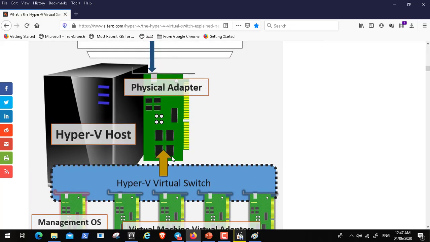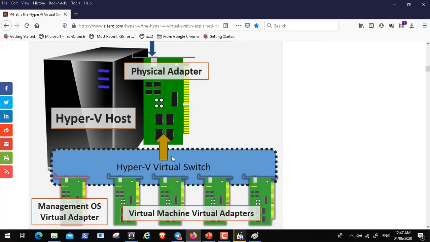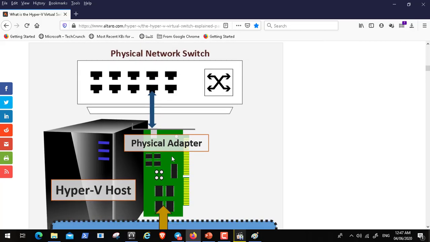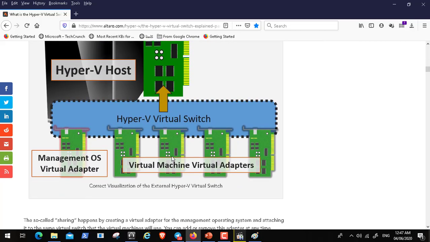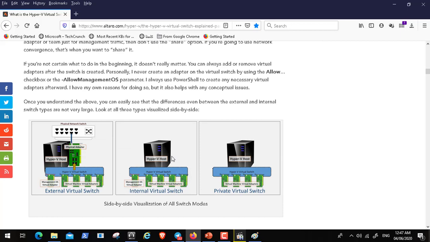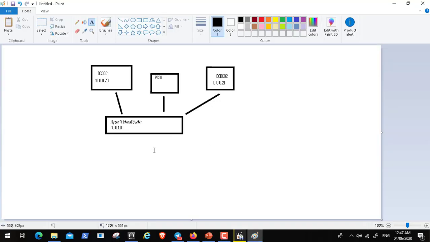So the first type is called internal virtual switch. This is the first type. What about the second type? We have the second type, called external virtual switch. So here, for the second type,